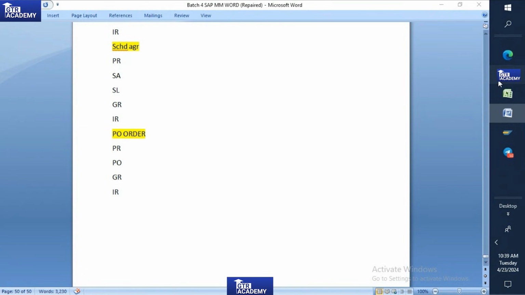What if we want it based on the urgency? If we want the material before the scheduling date, then you have to go for the standard normal process. Whatever the prices are according to the market condition on that particular day, you have to follow the standard process. Okay. If you want it on an urgent basis, but you're following the scheduling agreement with that particular vendor, whatever the agreement you have made with that particular vendor on the particular dates